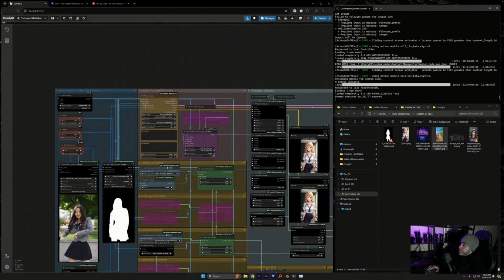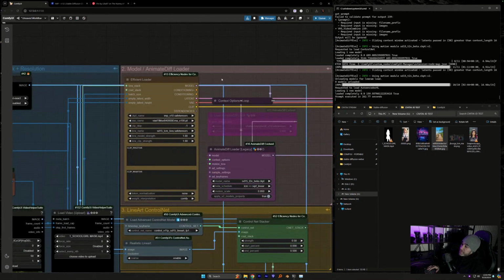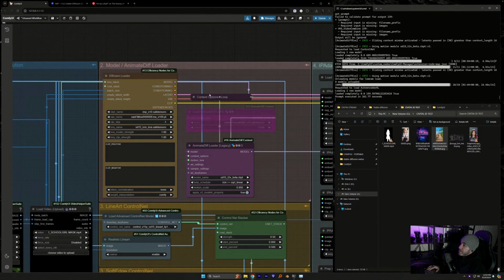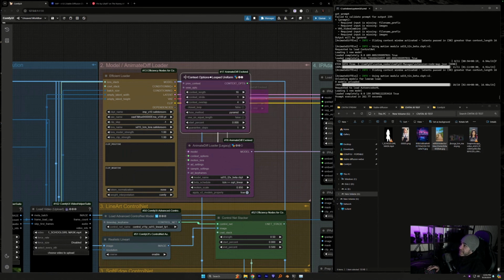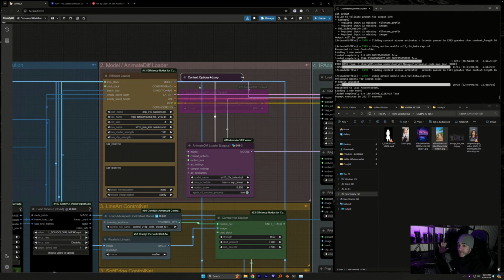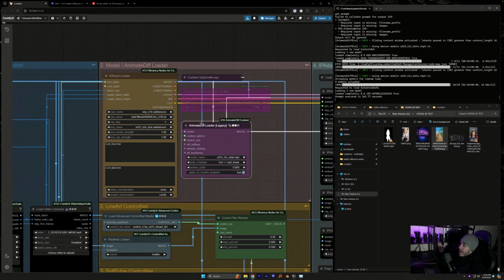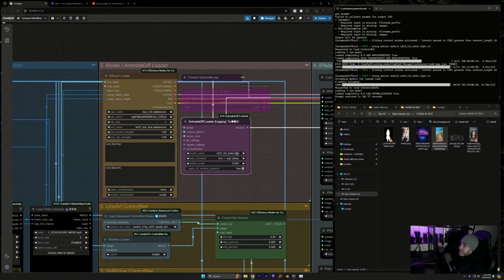Now, moving on to group number 2. Group 2 is your model loader as well as your AnimateDiff loader. Unless you are advanced and you really want to mess around with your context options, I would recommend just keeping this one minimized. Don't mess around with any of those numbers and you will be good to go. We have our AnimateDiff loader.